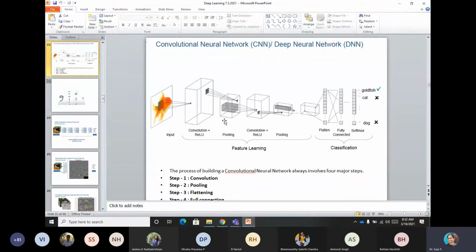So till now we have discussed that, and also we have discussed what is the feature learning part. Depending on how many levels of features that you want to extract: in the first level, it will be extracting edges and then the shapes. In the second level, it will extract much bigger features.